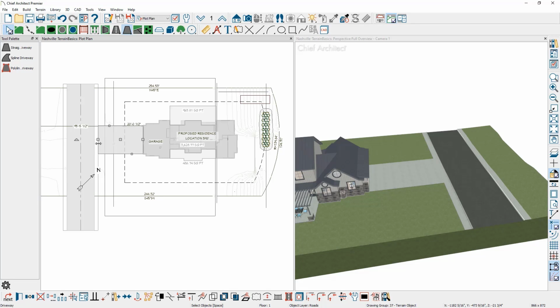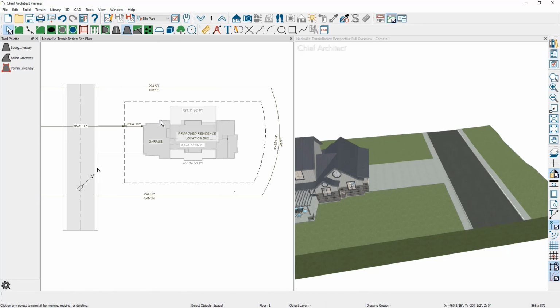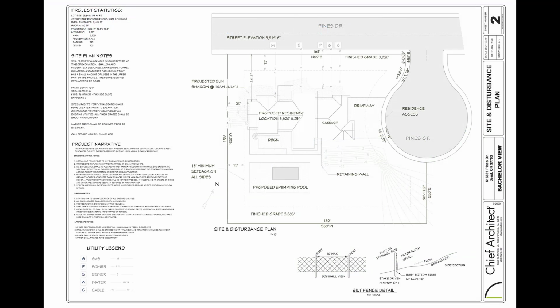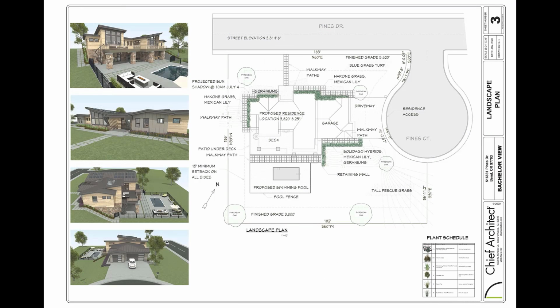You can also isolate certain layers using the Saved Plan views. If I switch this back to just the site plan view that I've created, you can then remove the unnecessary layers using this view and send this out to your layout sheet for a site plan. As I show here on the screen, it gives you a very isolated view. You can create additional views and layer sets like this landscape plan for added detail.